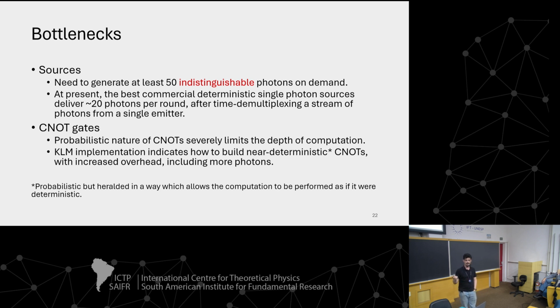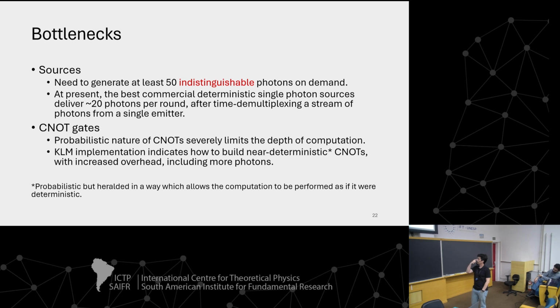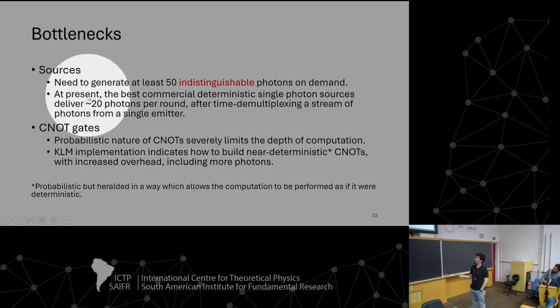If we approach the problem from a physicist's mindset, we can sometimes come up with very unoptimized, brute force solutions. Then you talk to an engineer and they will say, but look, this is not how you do things, there is a better way to do it. But there are bottlenecks, and the bottlenecks are more complicated to solve, and this is where really heavy research needs to go. And the first bottleneck is that if you want 50 qubits, you need to generate at least 50